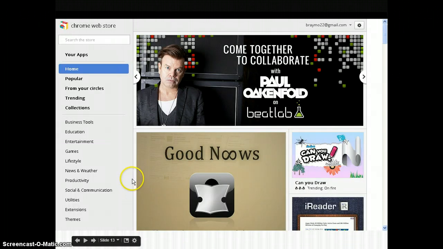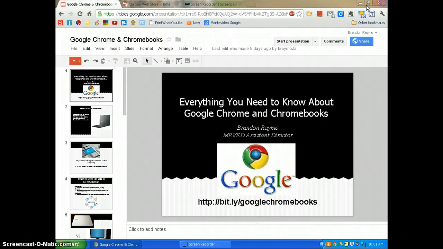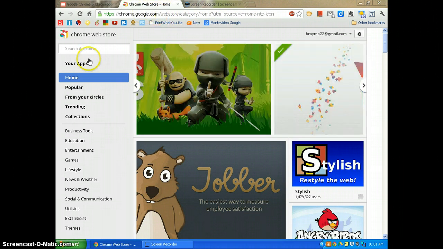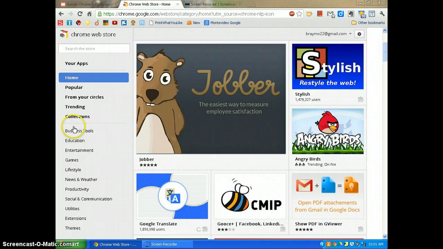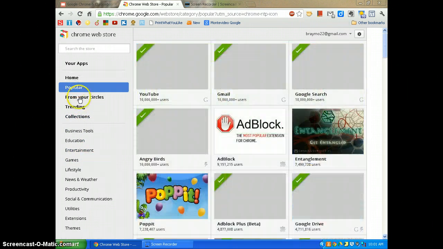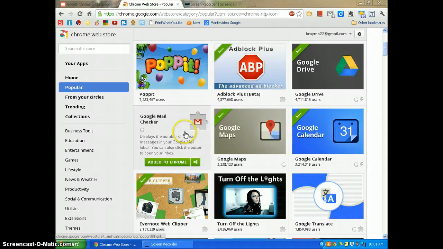And so as we take a look at the Chrome Web Store, I'm just going to back out of this here. If you go to Google and search Chrome Web Store, this is what's going to come up. Along the left-hand side, you can break down what to search by. If you just want to see popular, you just select popular, and you can scroll through. Now, if you roll your mouse over,